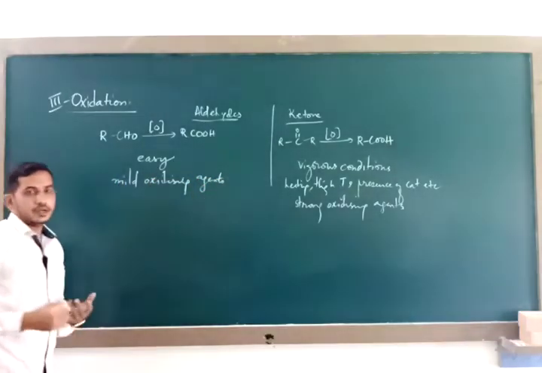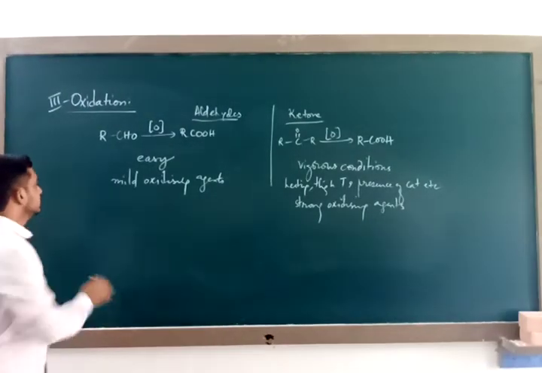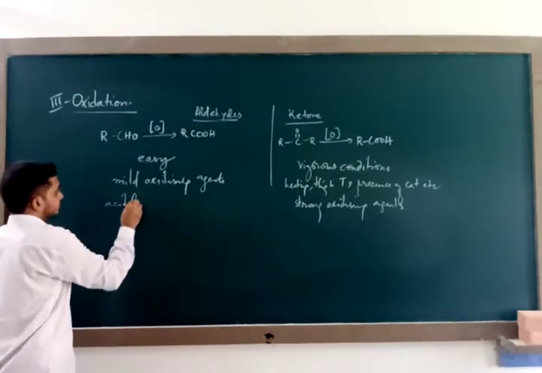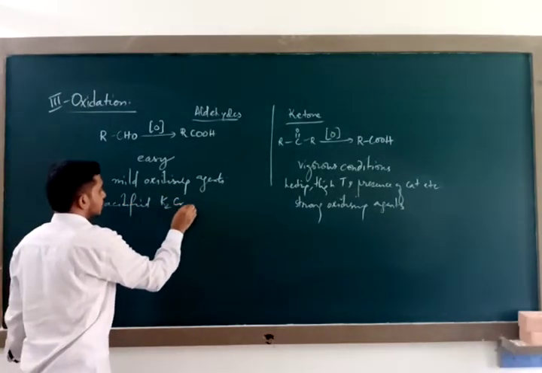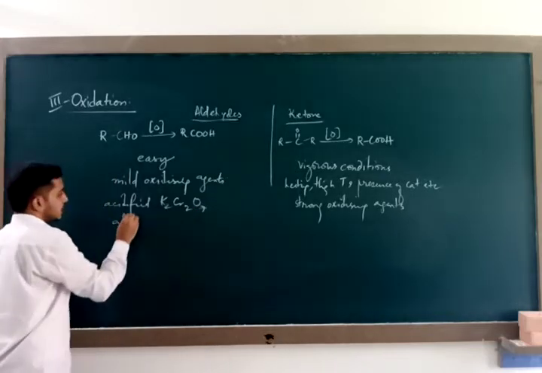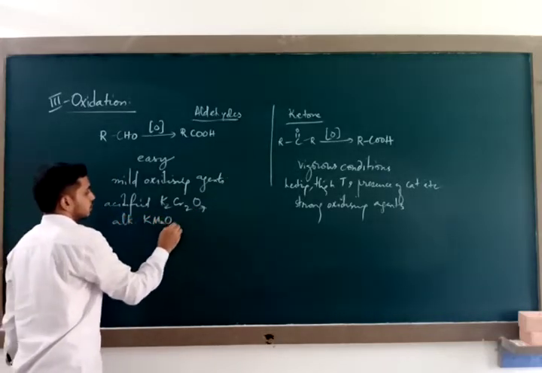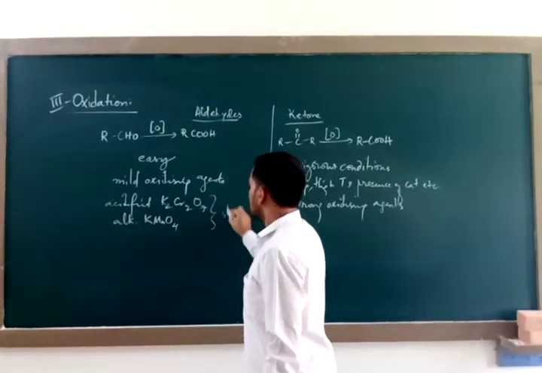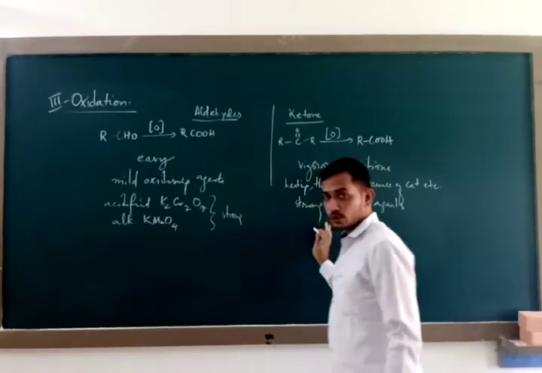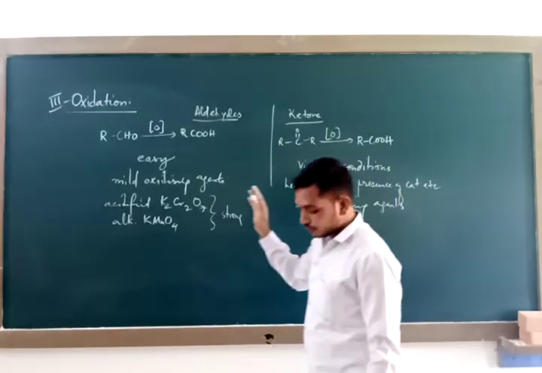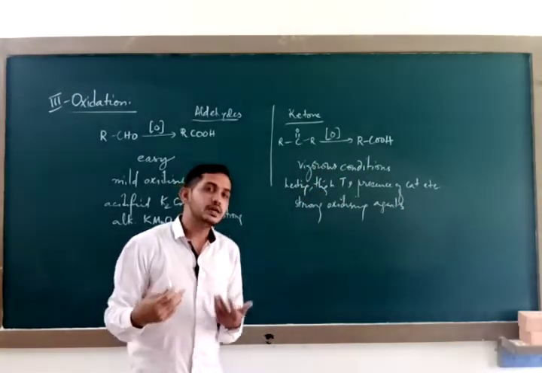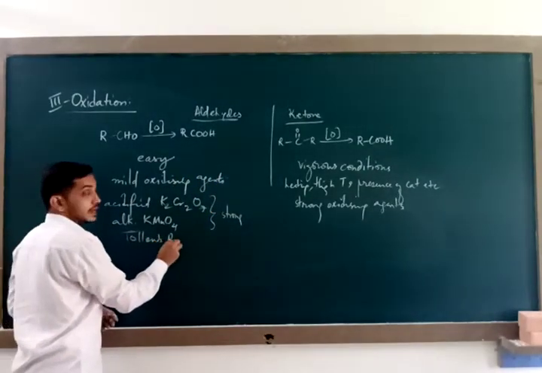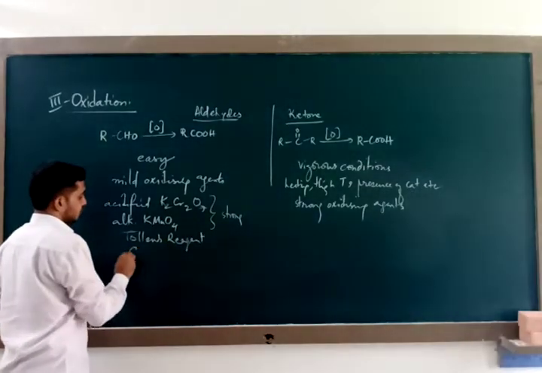Now, you may ask what kind of oxidizing agents? If you have strong oxidizing agents like acidified potassium dichromate or alkaline KMnO4, these two reagents are considered strong oxidizing agents. Here also you need strong oxidizing agents. But for oxidation of aldehydes, even mild oxidizing agents are enough, like Tollens reagent. I'll tell you what Tollens reagent is, like Fehling's solution,